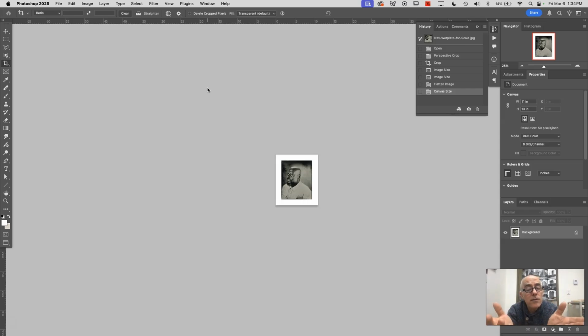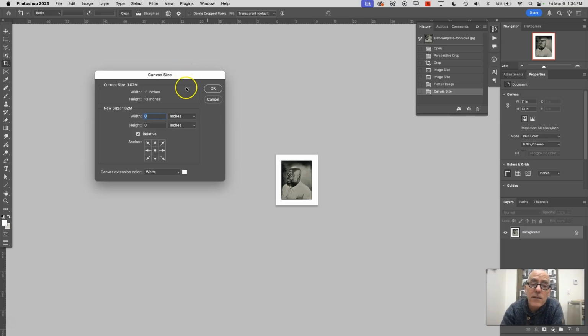Now, I don't just want to have an image and a mat, I also want to have a frame. My frame is going to be black because, again, I'm very traditional. And I would like to have the face of the frame, so that edge that you see on the front, I'd like for that to be 3/4 of an inch. What should you choose? Well, you should choose whatever your frame is. That's the whole point. This should be actually what you are going to do. So I'm going to say, yes, I want to have a 3/4 of an inch